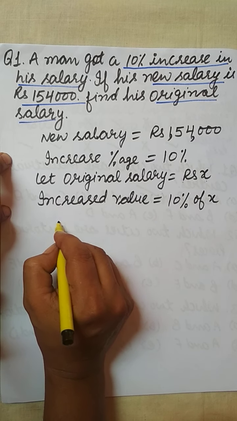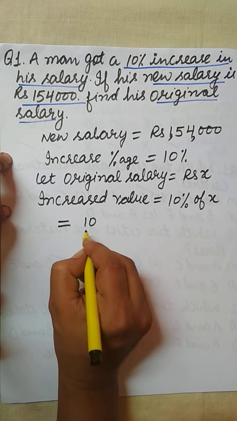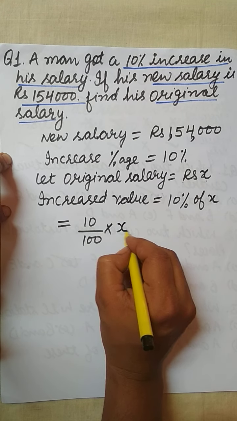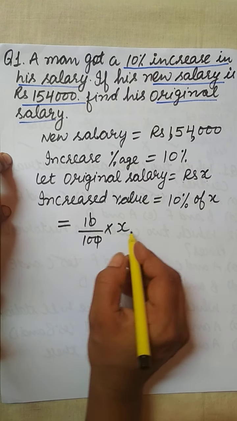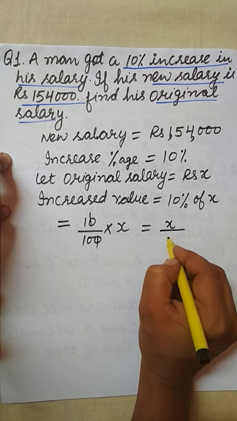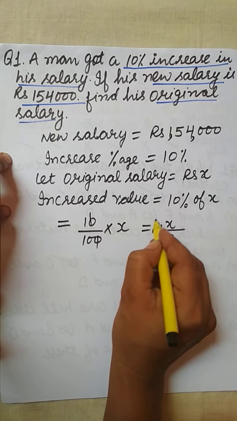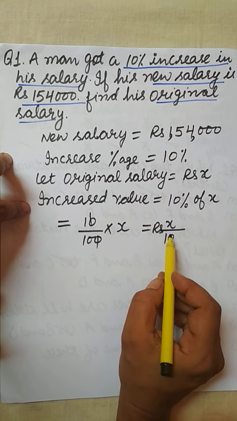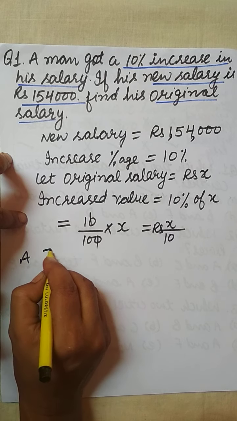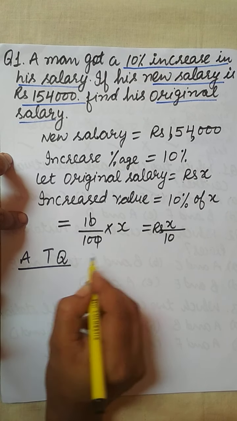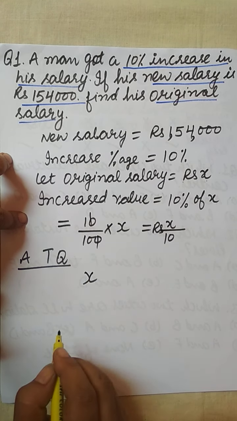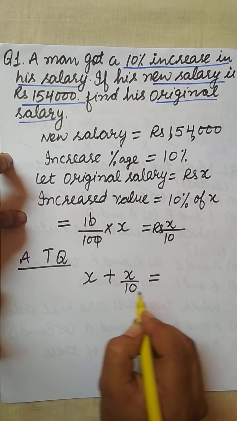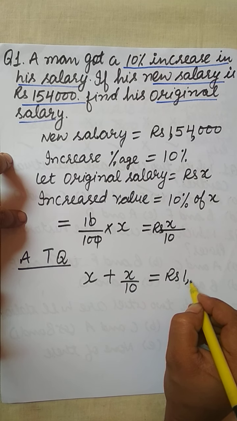So now I'll simplify it. 10% can be written as 10 upon 100, and "of" means multiply by X. Do the simplifications. It is X upon 10. So this is the increased amount in his salary. Now we can say that according to the question, X, his original salary, plus the increased salary is equal to rupees